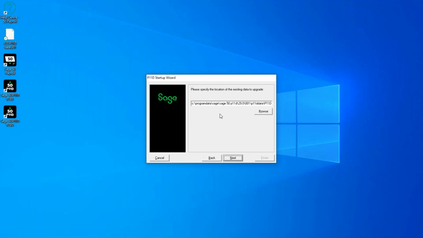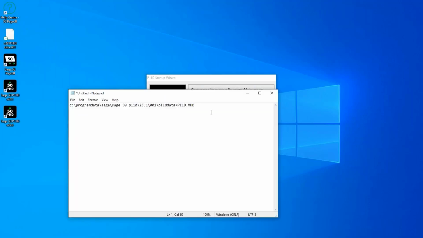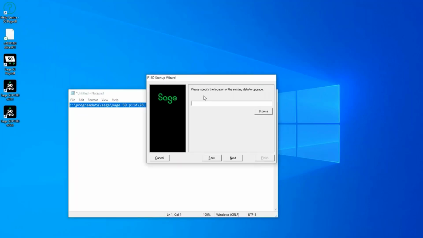Now in this box, we will either need to browse to our version 28 data, or we can copy the path into this box. So if I remove the existing path, what I could do is bring up my Notepad document and I could paste it in like so. Or alternatively, you would use the browse option and you would browse to your existing P11D MDB file. Now this will often contain a hidden folder, so you will need to make sure that hidden files and folders are shown in Windows. But because I've just copied and pasted like this, I should be able to click onto Next